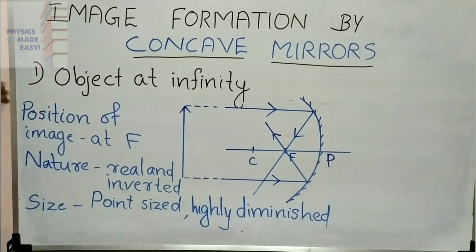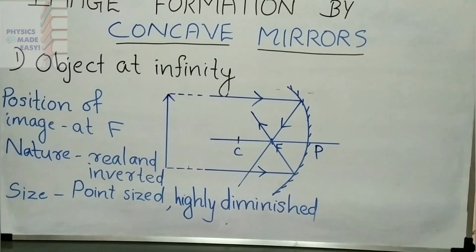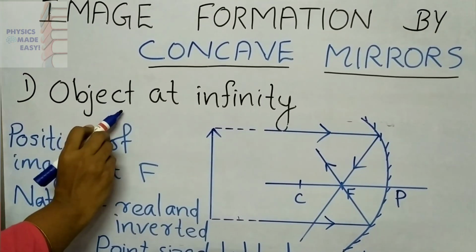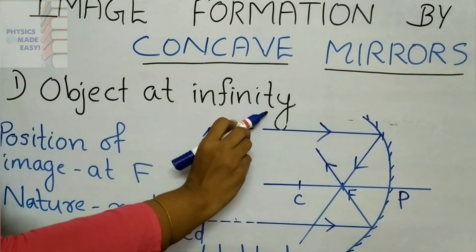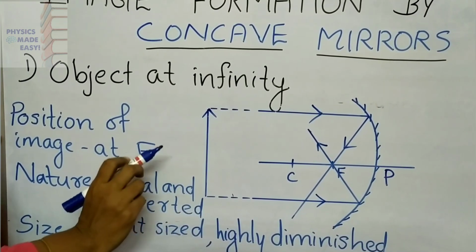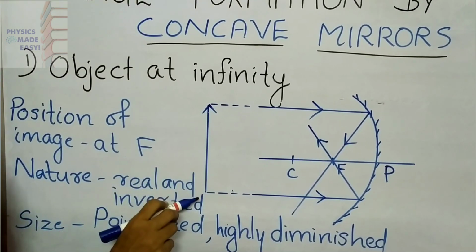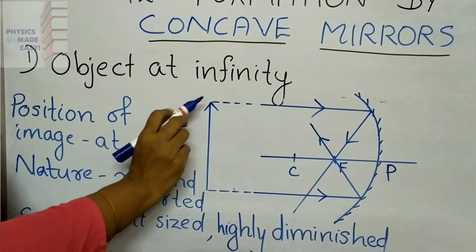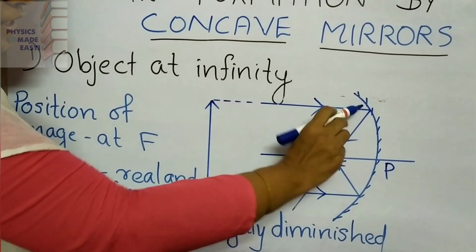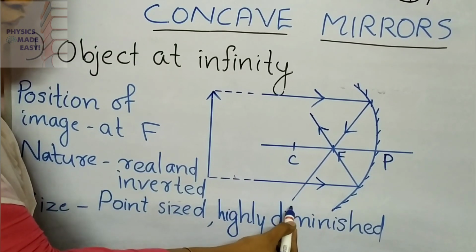Now we are going to construct ray diagrams. Here you have to consider different positions of the object. First one, here you have to consider that the object is at infinity. We studied the principal focus in case of a concave mirror. That only, here you can see the same diagram. So if you are considering that the object is at infinity, you can consider a ray which is parallel to the principal axis. After reflection, that will pass through the principal focus.